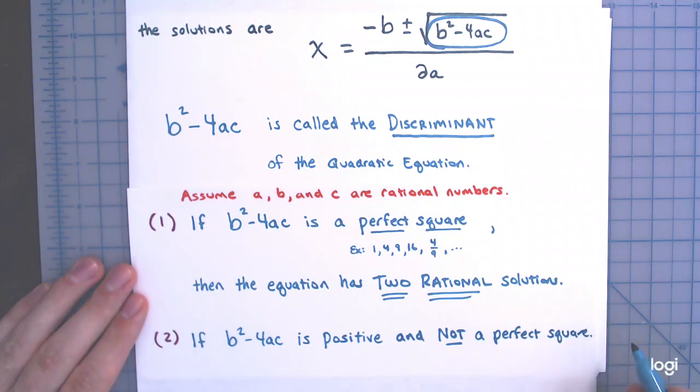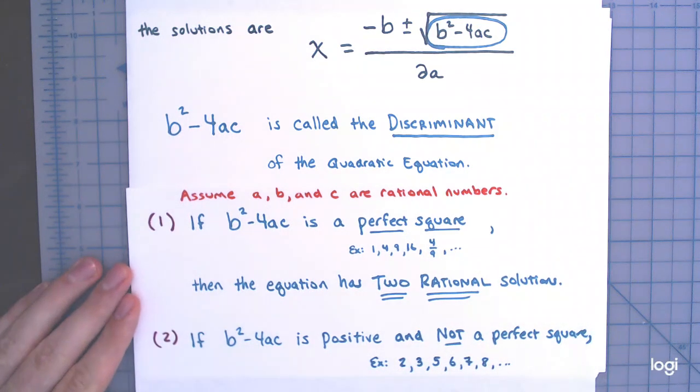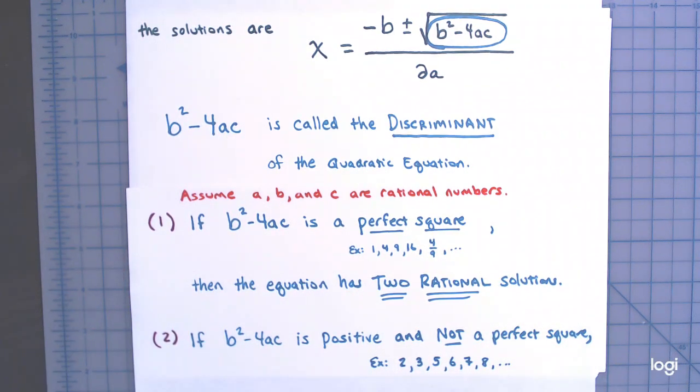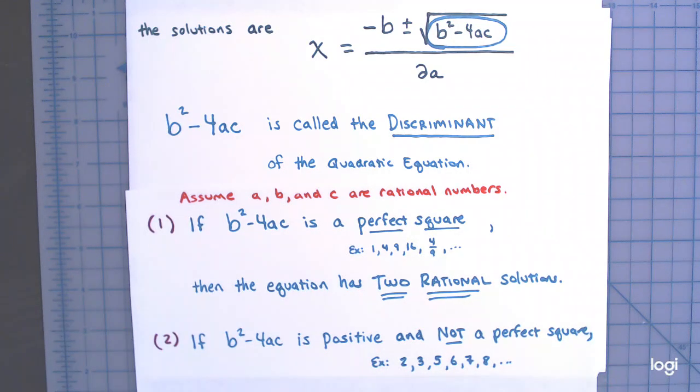All right. So examples of that, positive and not a perfect square, I'm talking 2, 3, 5, 6, 7, 8, etc. And you could also think of fractions like 1/5, whatever, that are positive and not a perfect square, right? I can't think of a rational number to the second power that would give me any of these numbers here. Well, if that's the case,